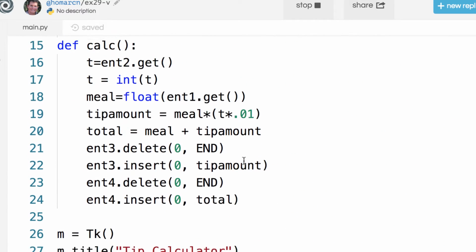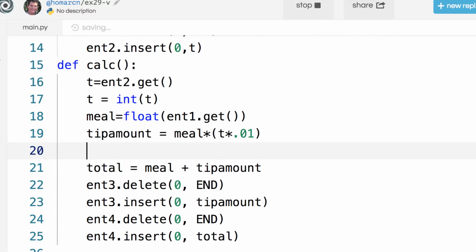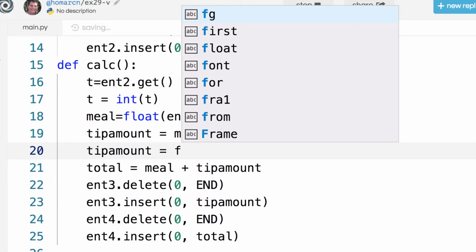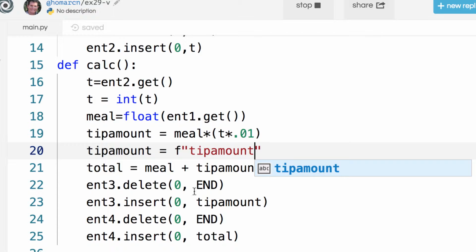And we're just going to go back up to our function up here. And all that we have to do is change tip amount and change total. Now you could do it all together instead of adding more lines of code, but sometimes I think it's easier, just so you know what you're doing, to do this separate and just reassign it. So I'm going to say tip amount equals, and then I'm going to do an F string. So I'll do F and then quotes, and I'll just say tip amount. And tip amount has to be, and actually I'm going to put a $ sign first, and then this has to